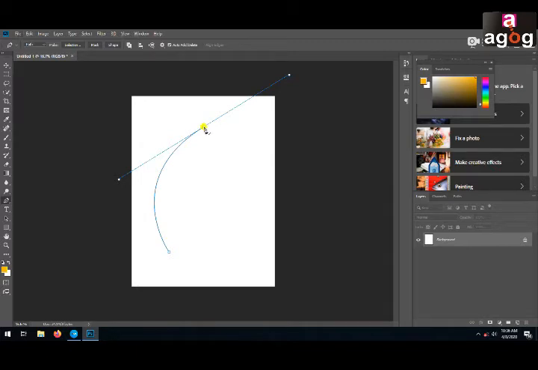Only a minus symbol is there, so don't forget to press the Alt key. Now again click here and don't release your mouse button until you decide what to make. So I just created this.